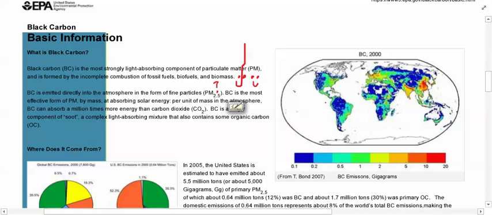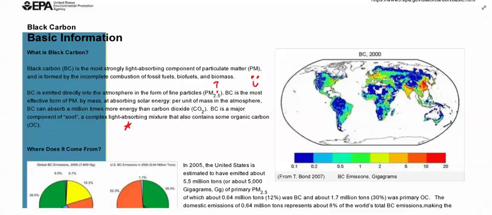And then let's say as I'm reading, I find out that this black carbon stuff is one of the major components of soot and light absorbing. That sounds pretty interesting, because I know that as I'm reading about this, organic carbon is light absorbing, so that's going to be an important detail to share with my team when I get back. So your entire article should be littered with these annotation marks.